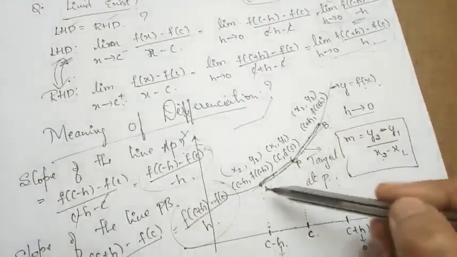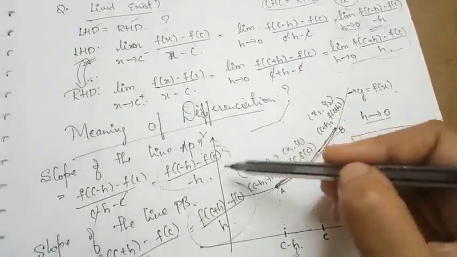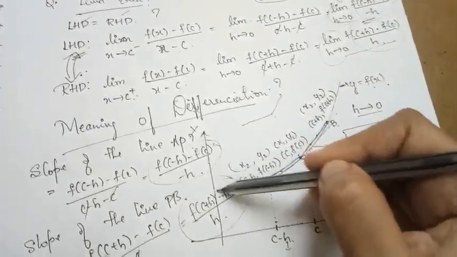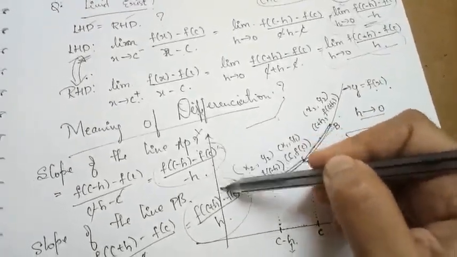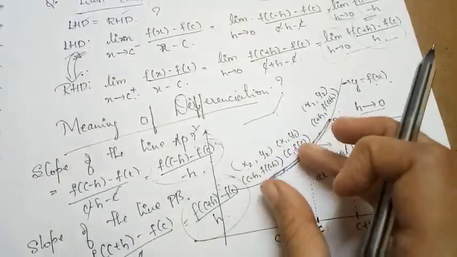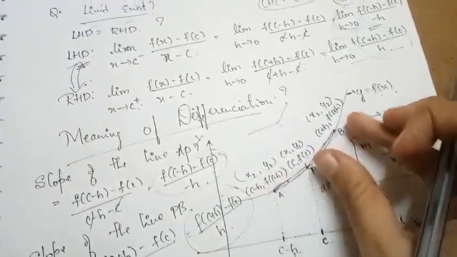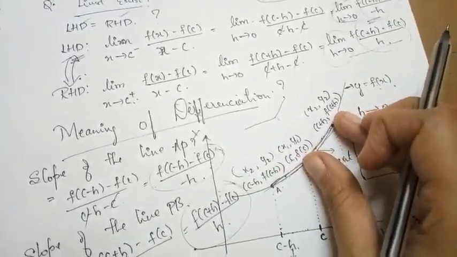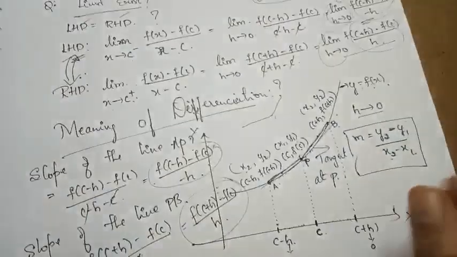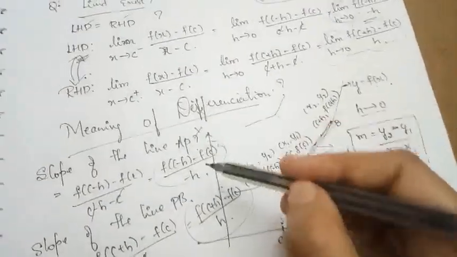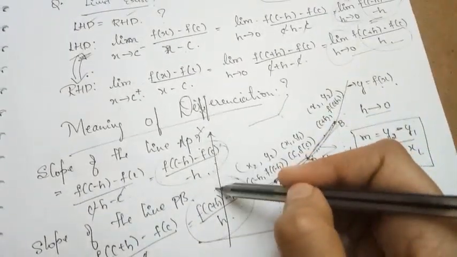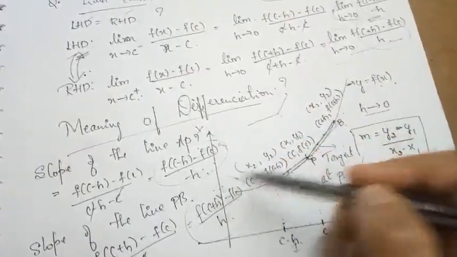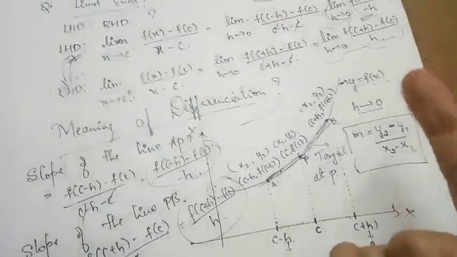So it is forming the tangent, which means these two are going to become equal, right? When these two become equal, what does that imply? That the left hand limit is going to be equal to the right hand limit, as h approaches 0. When these two become equal, the slope becomes the same. When the two slopes become the same, we get one single slope.